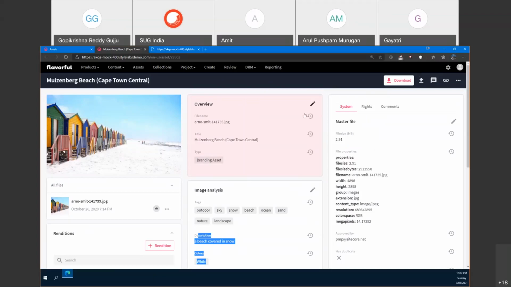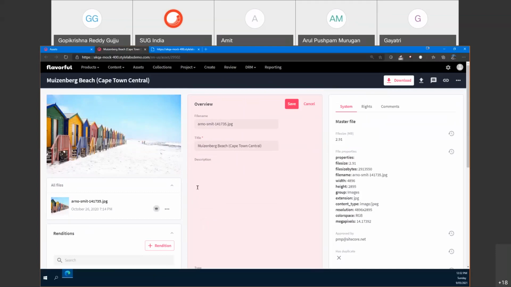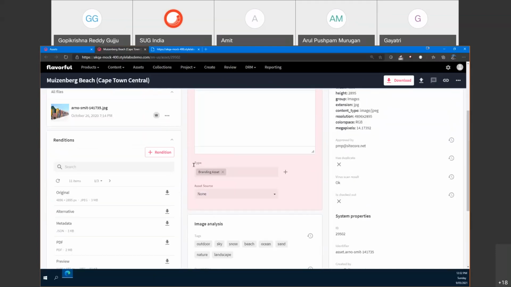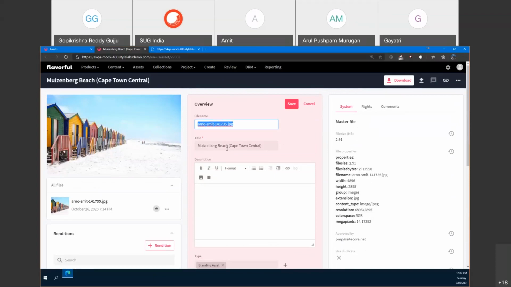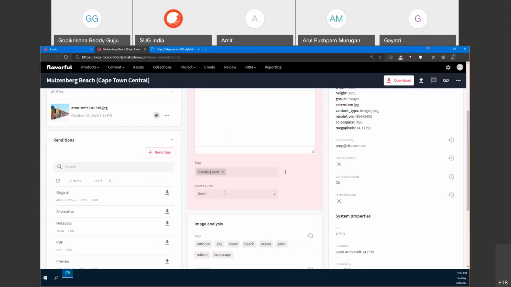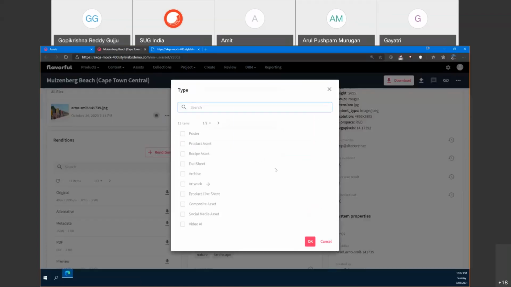And let's see, not covering everything, just again: single line, multi-line, rich text, taxonomy, option list. Option list is like a drop-down list. You can enable this for unique selection, I mean you can only select one, or you can select multiple as well. That can be configured. And asset type, again, can be configured as uniquely selectable, or it can be multi-select as well.